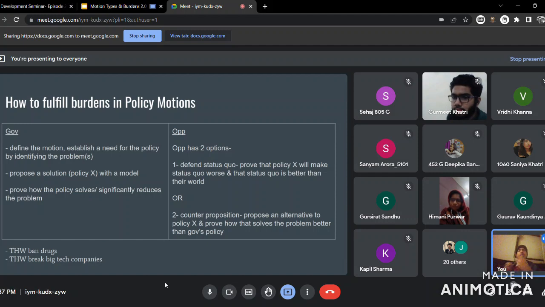DPM can't add further details to the model. अरे PM में बोला था X और Y करोगे, DPM आके बोल रहे हैं कि हम तो Z भी कर लेंगे मॉडल में. This cannot work. The entirety of your model is something that you need to explain in your PM speech. Similarly, for opposition, if they are proposing a counter model, they have to have that model in their LO speech, and it can't come further in DLO or things like that. So this is about model.